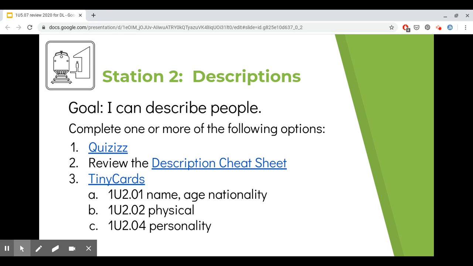You can review the description cheat sheet, or there's a bunch of tiny cards you can work on depending on what your weakness is on describing people. So again, you're going to pause the video, go to the slideshow, click and work on 1, 2, or even all 3 of these until you feel comfortable that you've met the goal. I can describe people, and then we can go ahead and leave station 2.